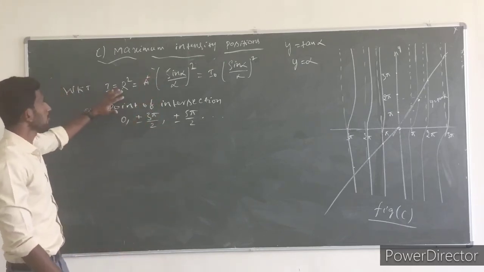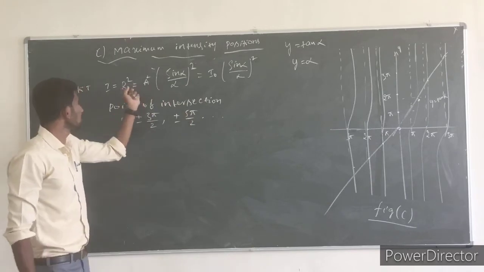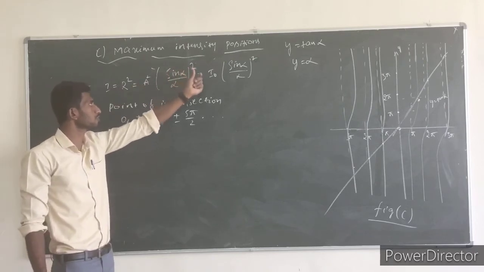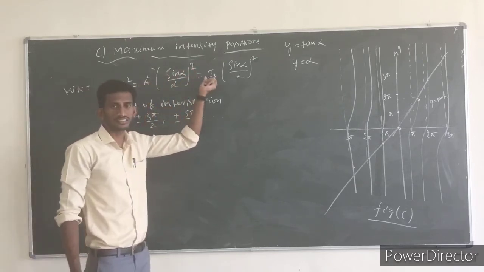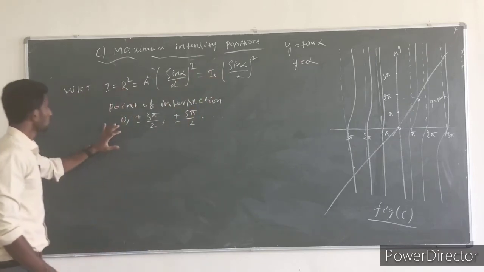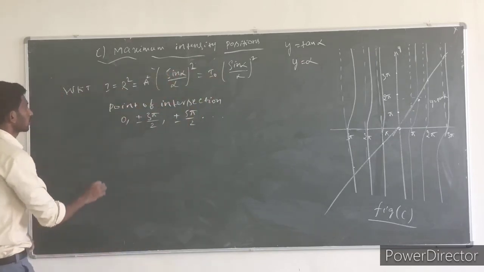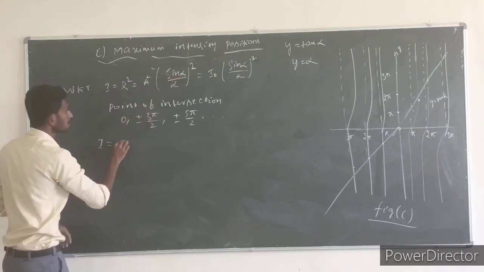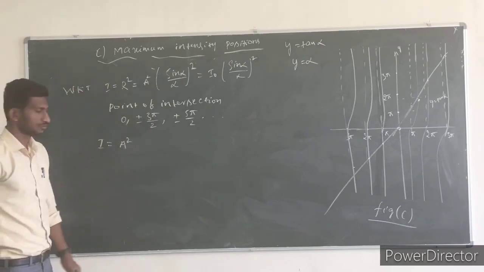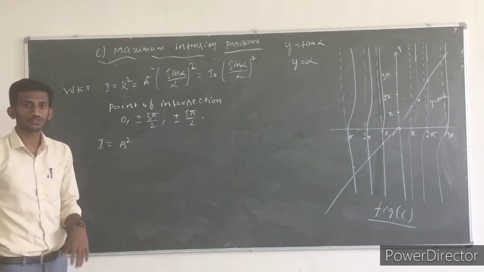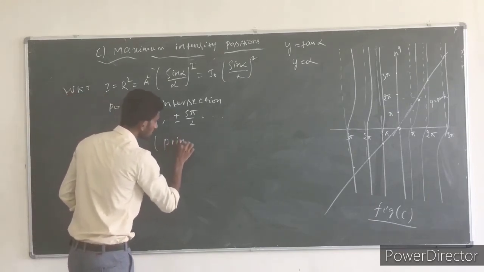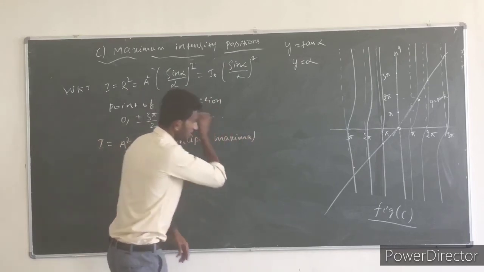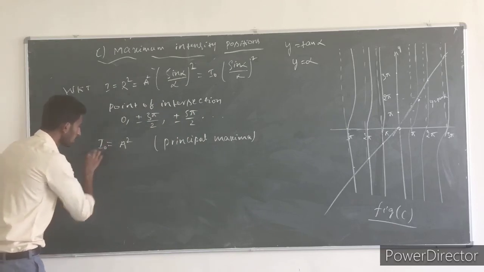Now, here we know that in this derivation we derived I is equal to the resultant intensity, which is the resultant amplitude whole square, that is equal to a square into sin alpha by alpha whole square. We have taken amplitude as I naught, this is the maximum. Right. Now, if alpha is 0, what happens? I is equal to a square into, since alpha 0, we will get a square. So intensity is equal to amplitude square. Already discussed. You get the principal maximum.